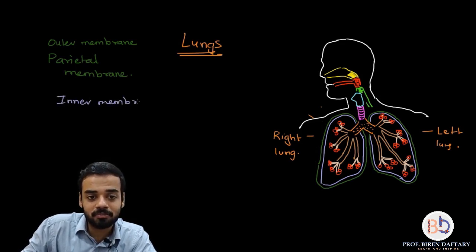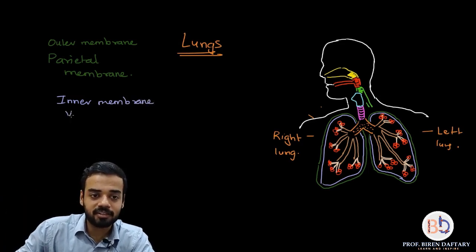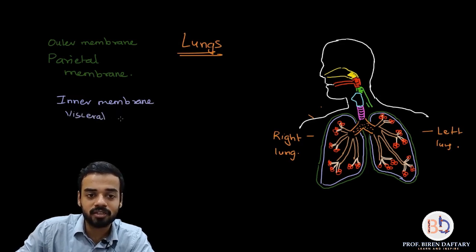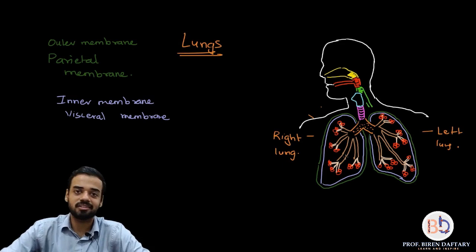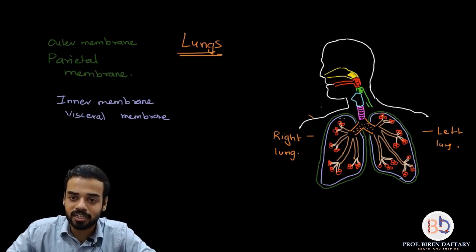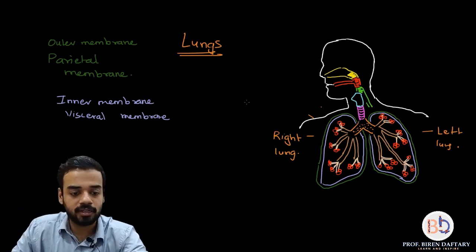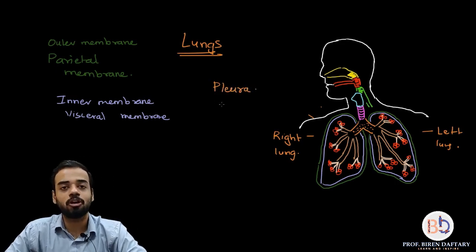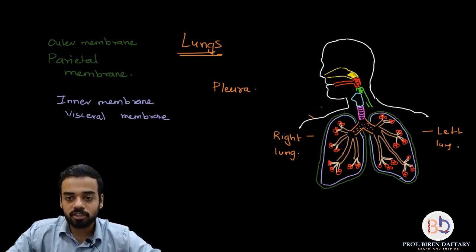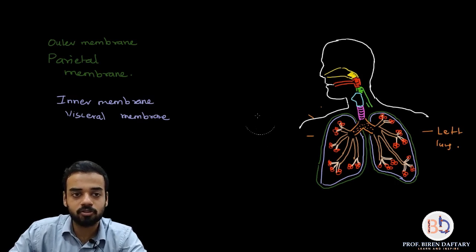By rule, please remember, in anatomy, if there are two membranes, the outer one is always parietal, the inner one is always visceral. Visceral means surrounding the visceral organs. Viscera is basically the space or the cavity present over here, so that is why they are called visceral organs, and the membrane surrounding them is the visceral membrane. So inner membrane is visceral, outer is parietal. Membranes are also called pleura. That is another word which you should know. Pleura also means membrane, so they are also called parietal pleura or visceral pleura. Now the space between these two. So if you see over here, let me rub this off. Let me rub this off too.